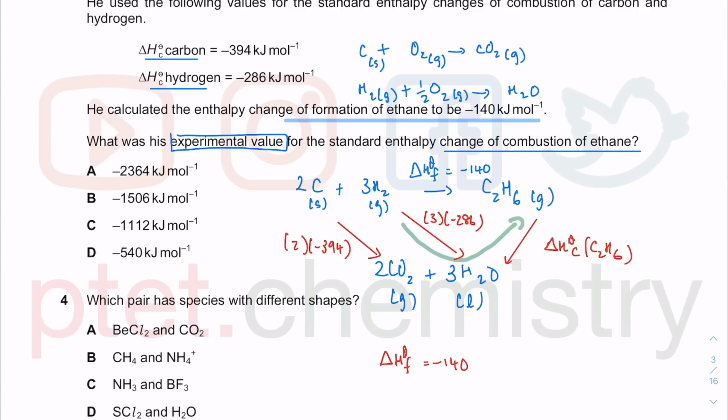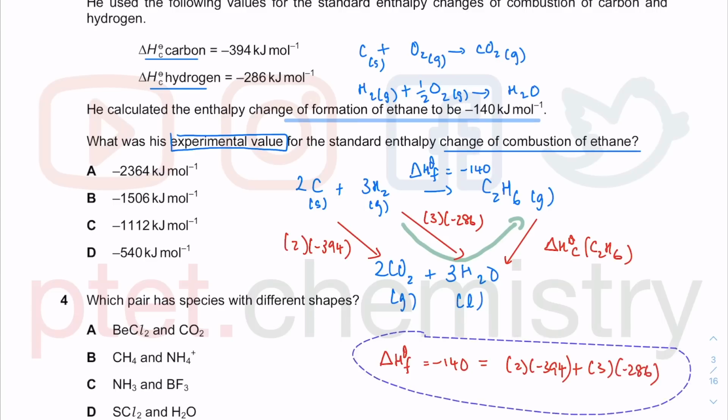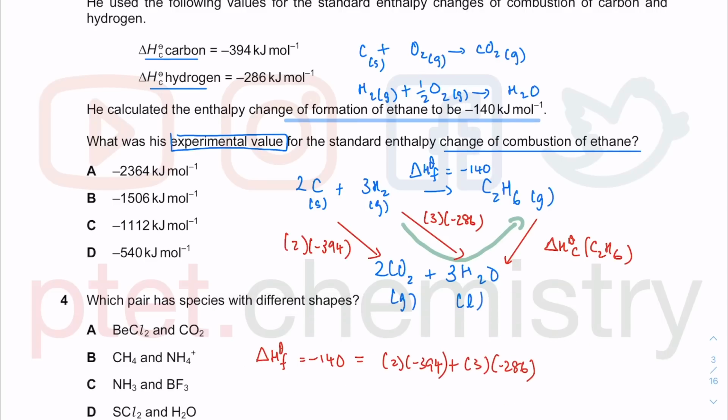The direct path here is equal to 2 times minus 394 plus 3 times minus 286, and then we are going the opposite way, so we have to do minus the combustion of C2H6. This is a minus combustion of C2H6, so move that to the other side. So the combustion of C2H6 is equal to all that in the bracket, so 2 times negative 394, plus 3 times negative 286, minus